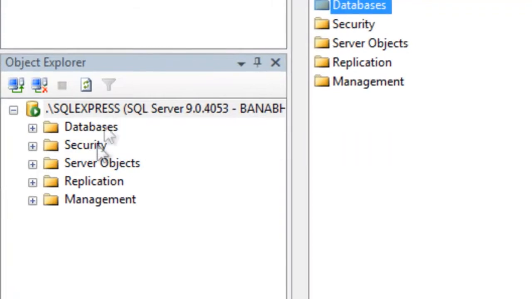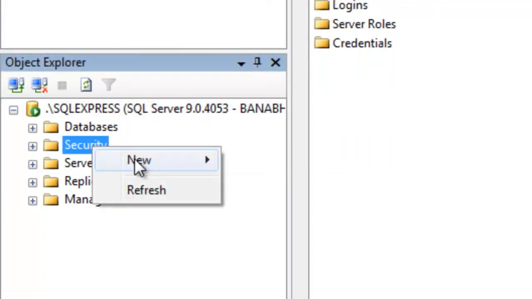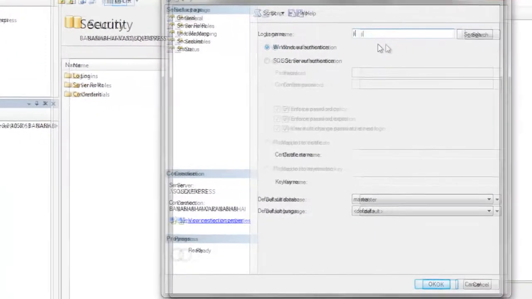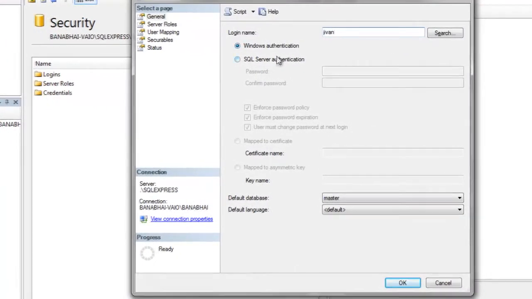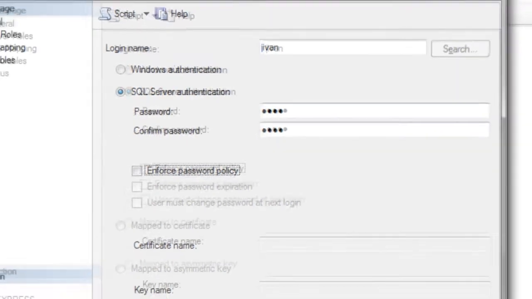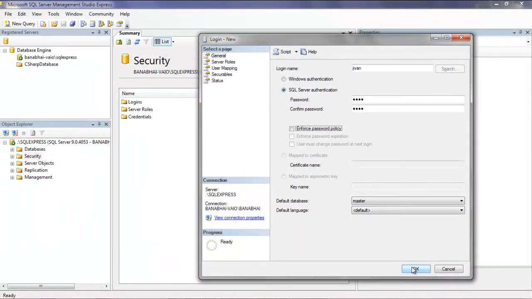Right click over Security and click New Login. It will pop up a new window. There you can provide login information. Keep the login name Jivan, though you can choose any one. Check SQL Server Authentication. Now you can type a password. I'm going to uncheck Enforce Password Policy, so I don't need to change the password at next login, and then press